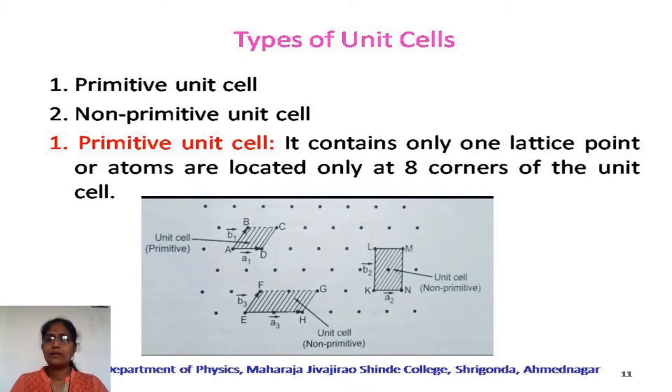Then let's see the next point, that is types of unit cell. A unit cell is a basic building block of any crystal structure and there are two basic types of unit cells. The first one is the primitive unit cell and the other one is the non-primitive unit cell. Then which unit cell is called a primitive unit cell? We know that if we see the unit cell structure,